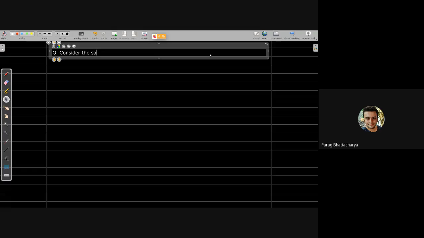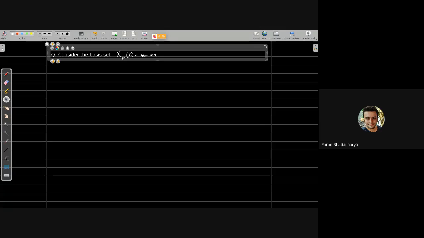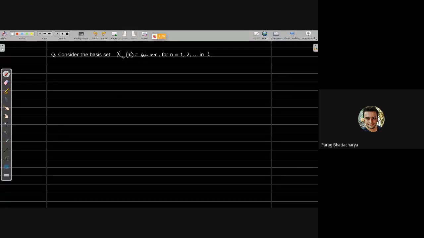Consider a basis set, and that basis set will be chi_n of x, defined as sine of nx, where n equals 1, 2, 3, 4, and so on, in the range 0 less than or equal to x less than or equal to